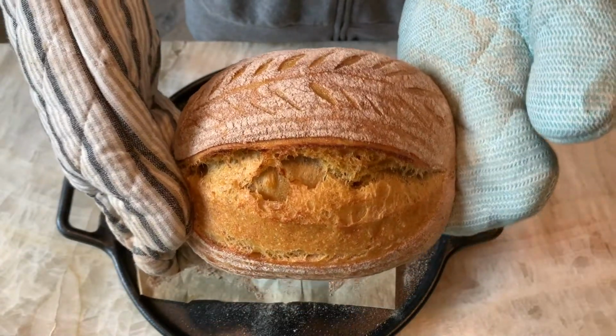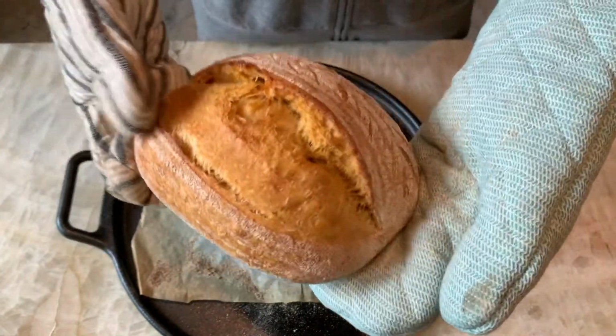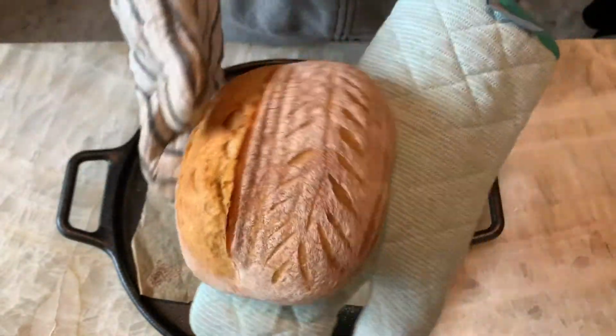In this video, I'm going to show you how to make a pumpkin sourdough bread. And this bread is really delicious. The pumpkin makes the crumb super soft and moist and really tender, and the color is really beautiful, perfect for